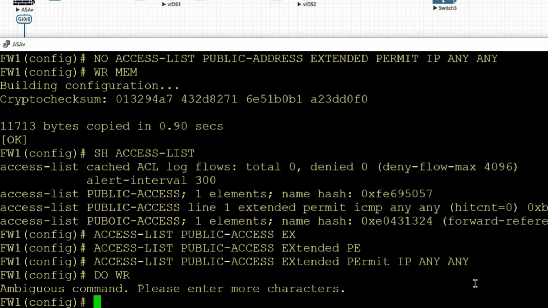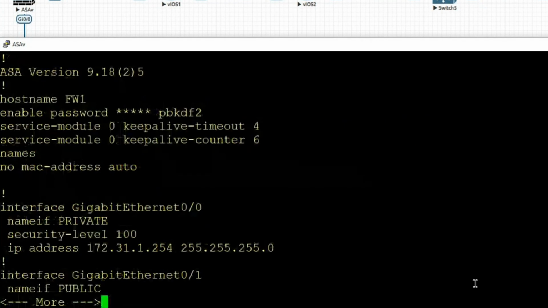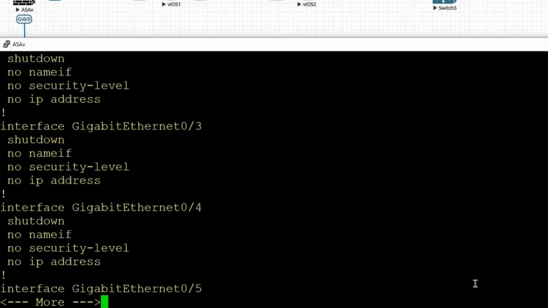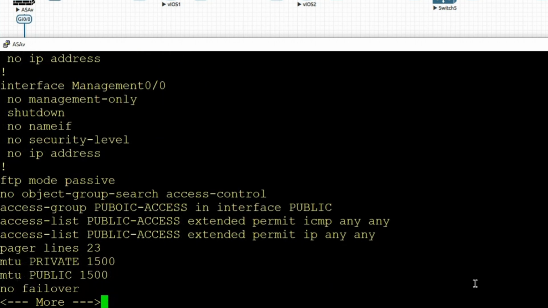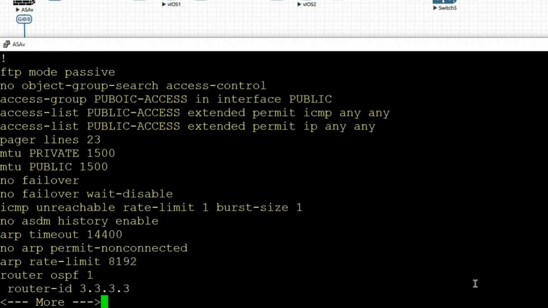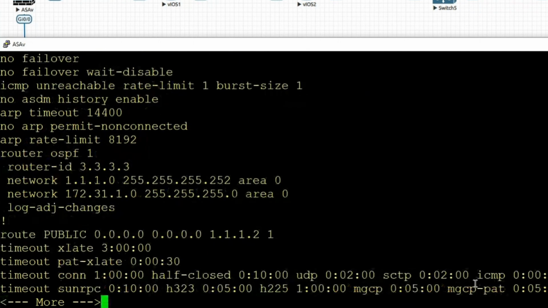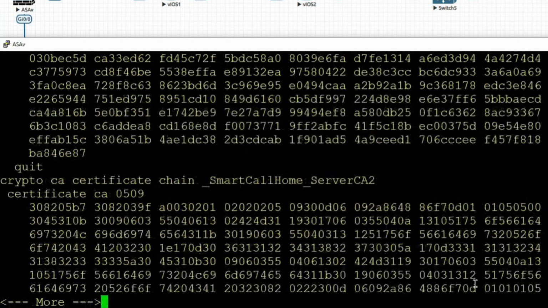And let's take a look at the start. Show start, so I can take a look at the access group command. There's the router, the crypto keys, all that good stuff.